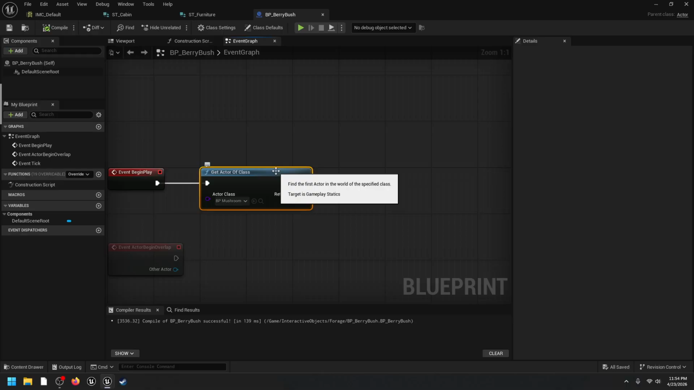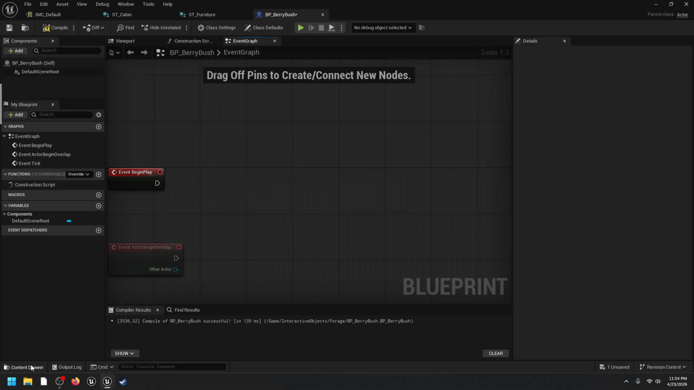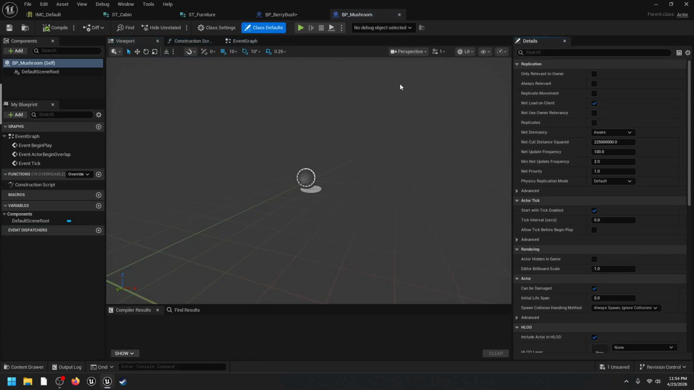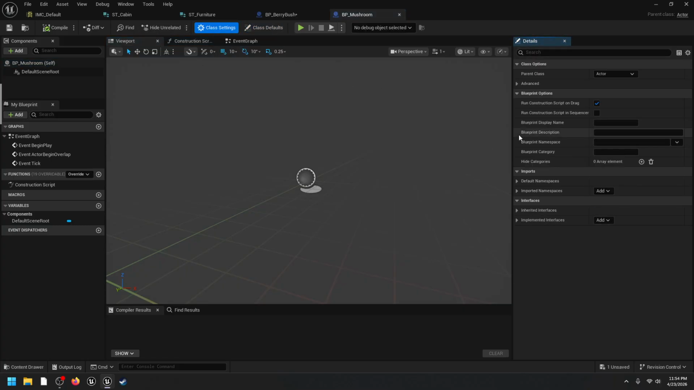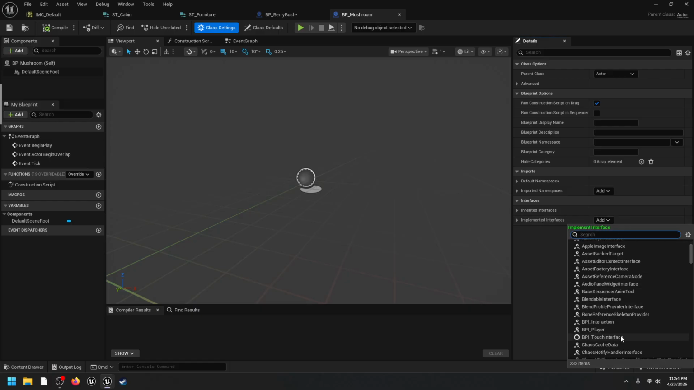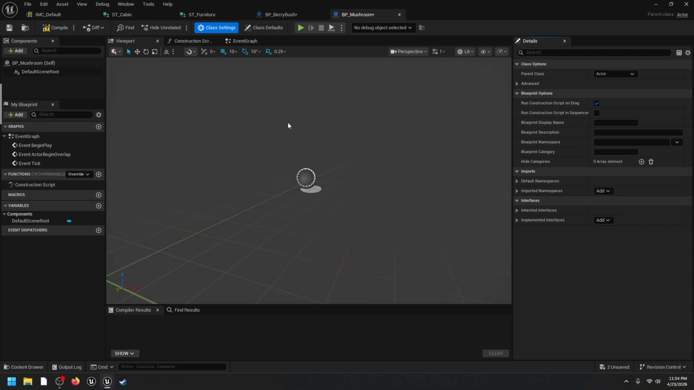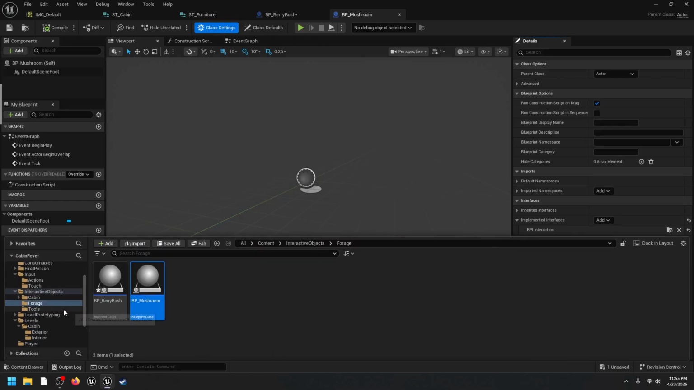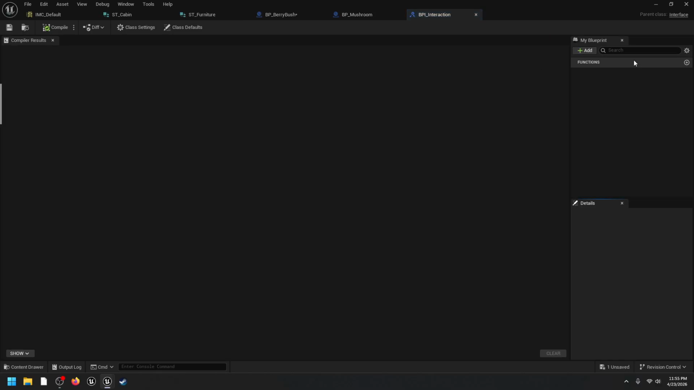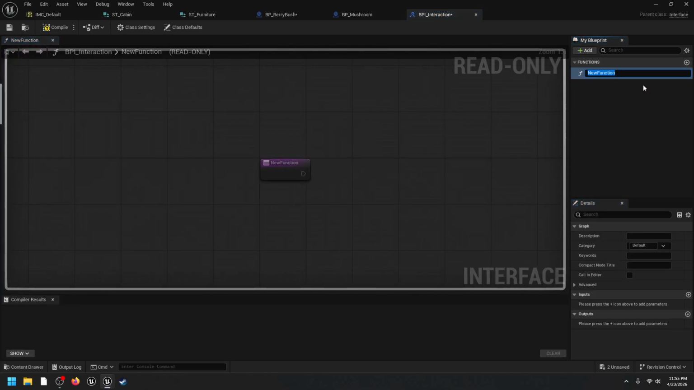Now, the way we avoid this is we open up our mushroom. We go to class settings. We go to implemented interfaces and we add BPI interaction. There it is. One thing I forgot to do is, if there's no function on there, it doesn't tend to get called, so